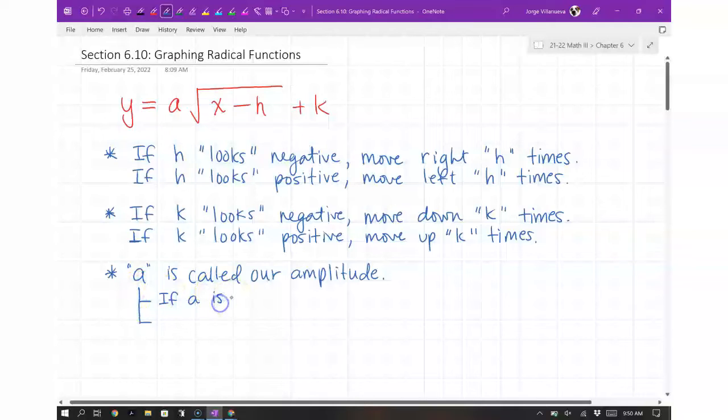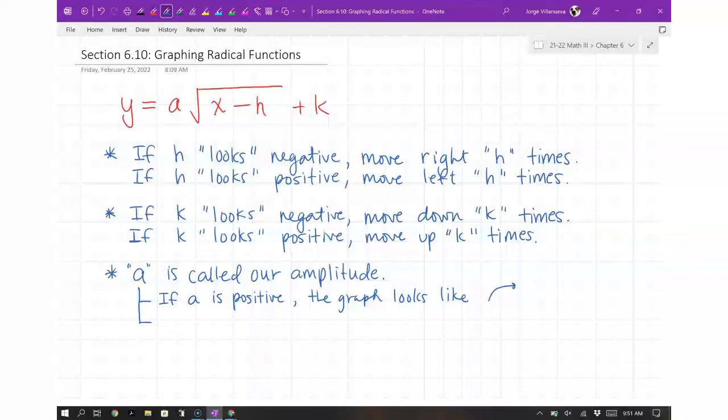If A is positive, okay, so if A is positive, the graph looks like this. Like that's literally the graph that we're going to be graphing. The little, kind of like a little branch. That's all. Okay? If A is negative, you get a reflection on the x-axis,